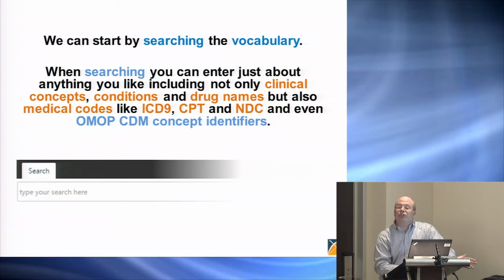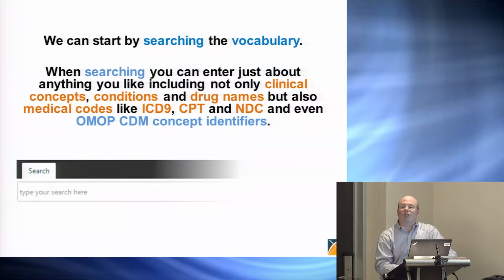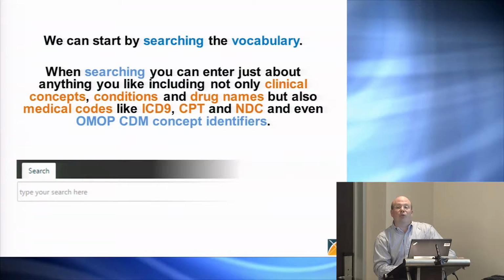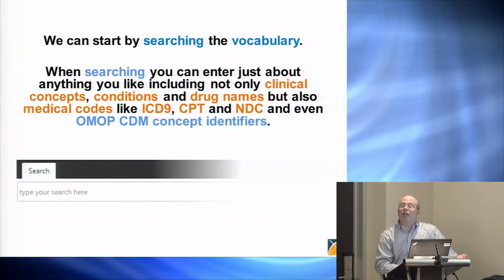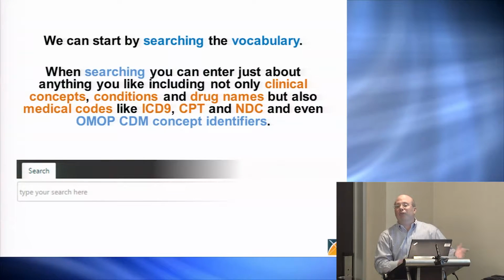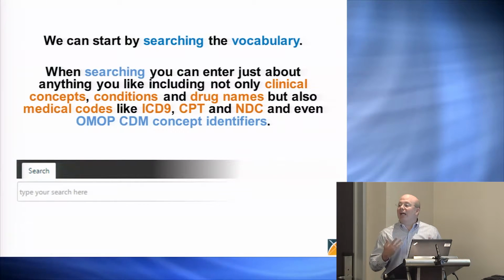And so as you saw, you could go into a query window and then write select star from concept where concept name equals atrial fibrillation. Or if you knew an ICD-9 code, you would know to go and look in the code column, or if you knew something else, you'd have to know which column to look in